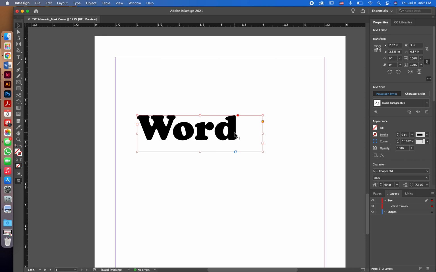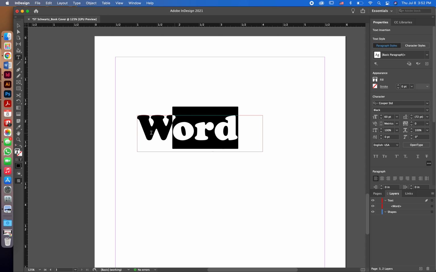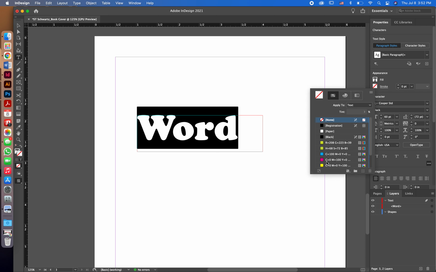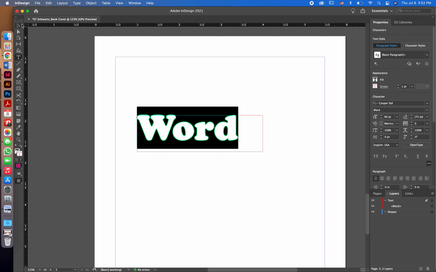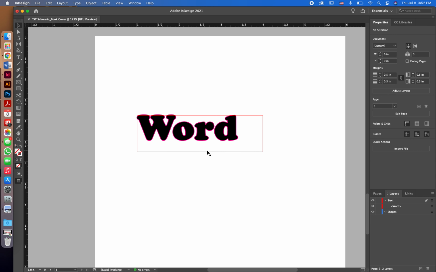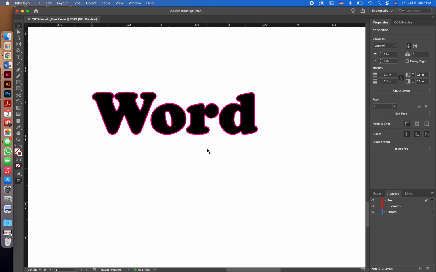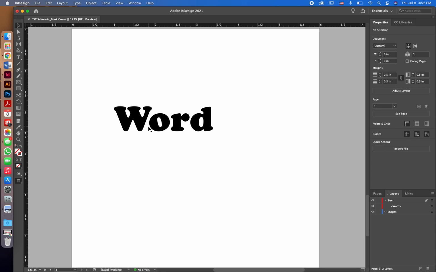A lot of the time when people are trying to emphasize a typeface or they want to make it look more exciting, their first impulse is to outline the text or add a stroke. So what they would do is just add a stroke. And I'm going to encourage you not to do that basically ever. I guess there are situations where it could be useful, but most of the time it just goofs up the space in between the letters, and it makes the letters look really strange and unflattering. So let's undo this, Command or Control Z,